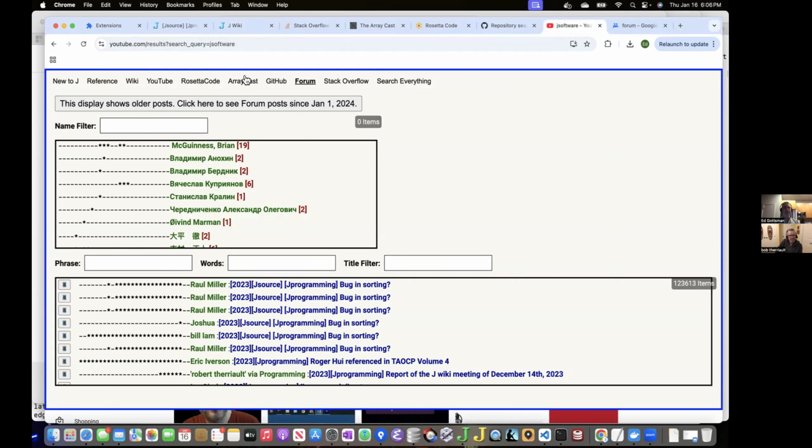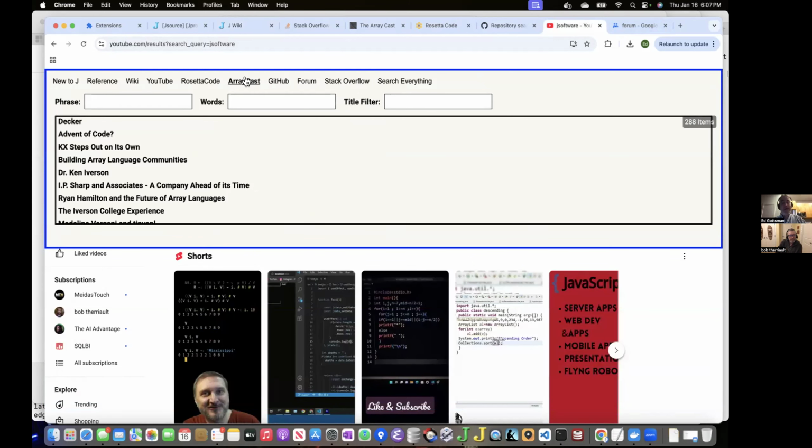We'll start with Arraycast. Arraycast is an interesting site because it, to my knowledge, doesn't have any search mechanism, and the navigation is very much page-based and fragmented. And what I tried to do was to come up with a way of presenting each of these ecosystem islands, as I think of them, with a single consistent navigation and search mechanism. And we'll see that as we go through it.